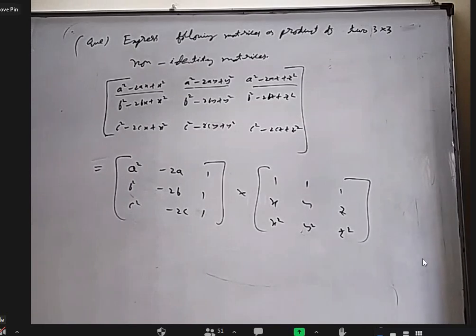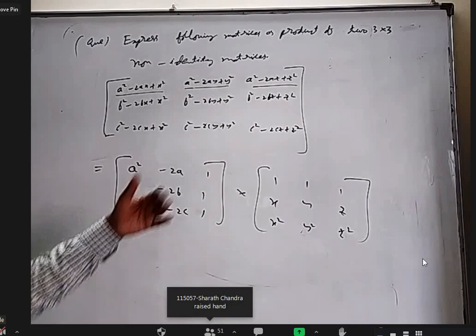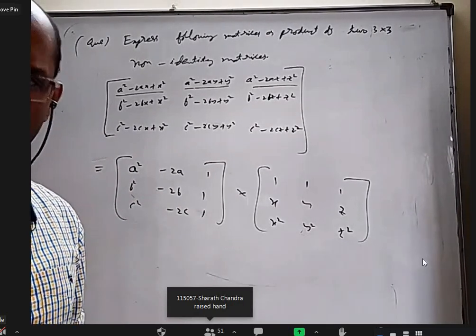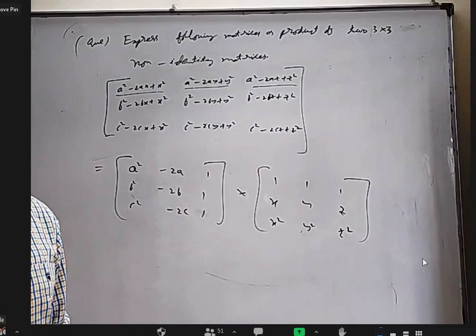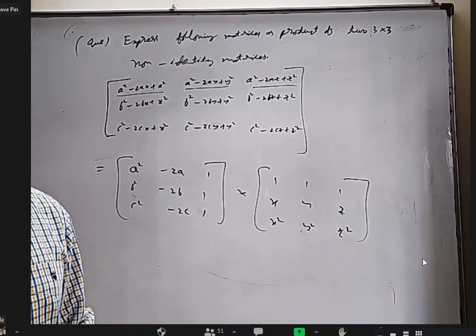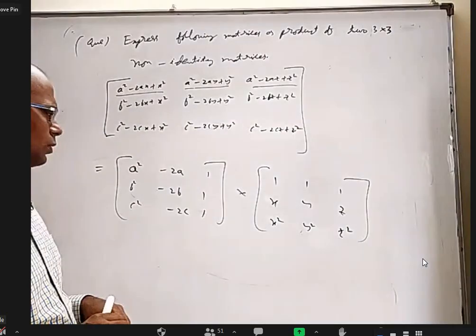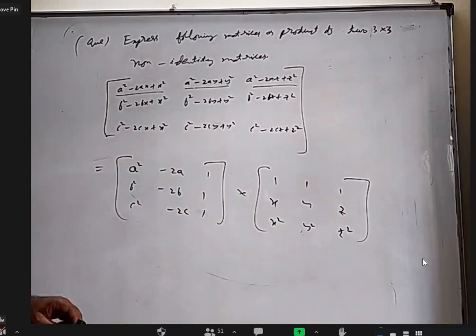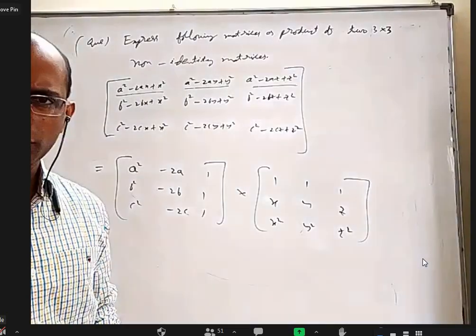Excuse me, sir. In ASB. You are asking Dheeraj, you are asking me to repeat the solution? Yes, sir. Okay. Sir, can we interchange the rows in the first matrix, all the ones in the second row and second column, and all the minus 2a's in the third column, and also in the right? Yeah, you want to interchange these two here and you want to interchange these two. Yes, sir. Yeah, you are right.